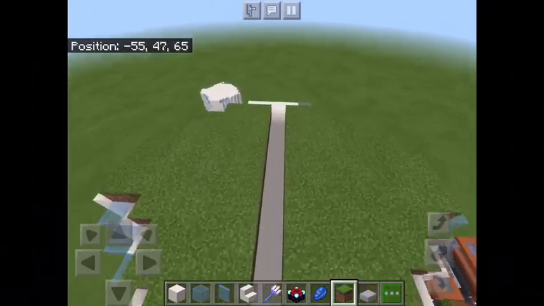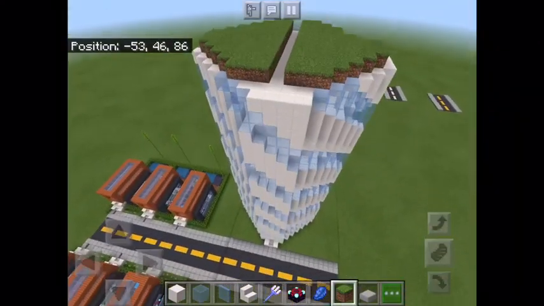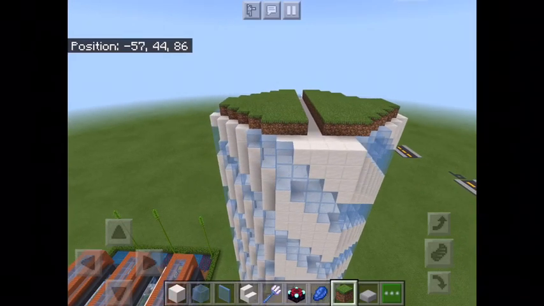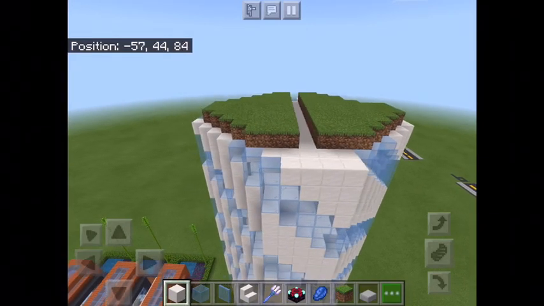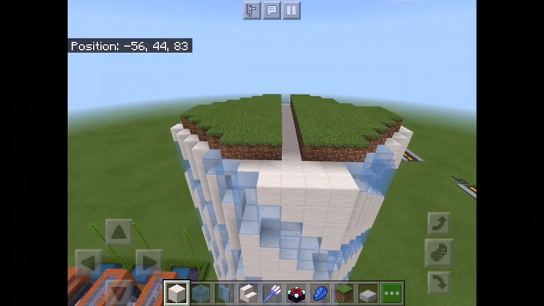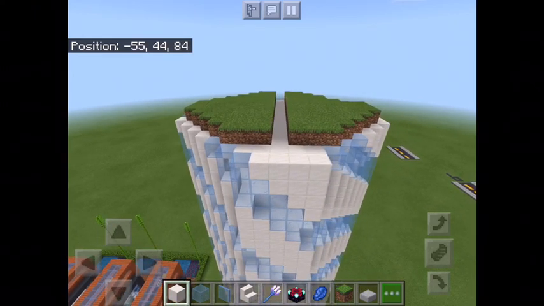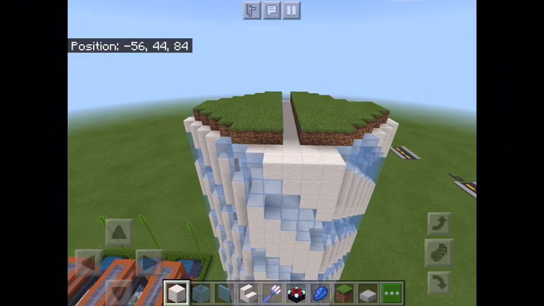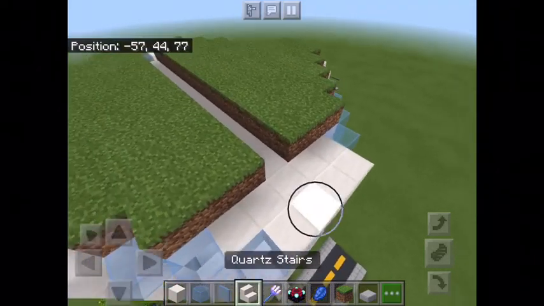So after that grass building, this is what it should look like. It should have a row in the middle where there's nothing, and it should have all the outer edges completely clear. So now we're nearly finished. At the very front, in the middle top block, build a stair, just one quartz stair leading out, basically